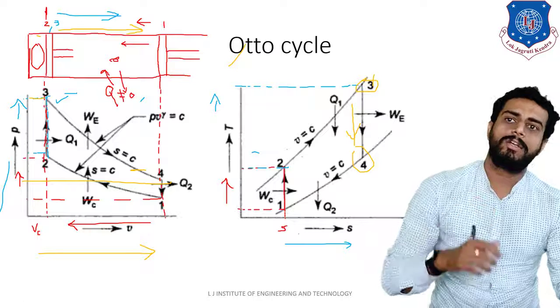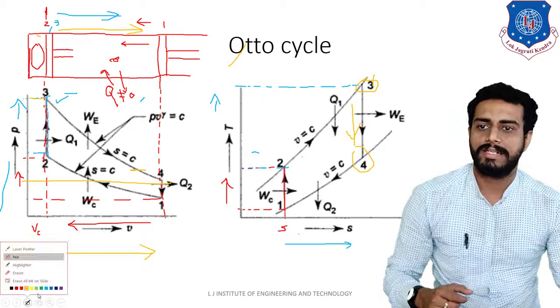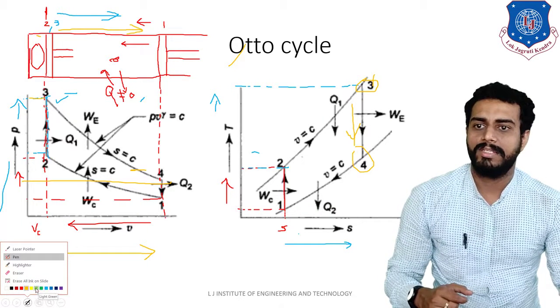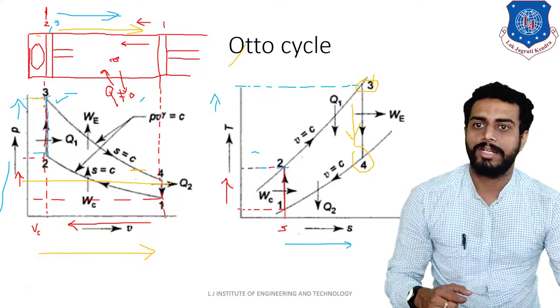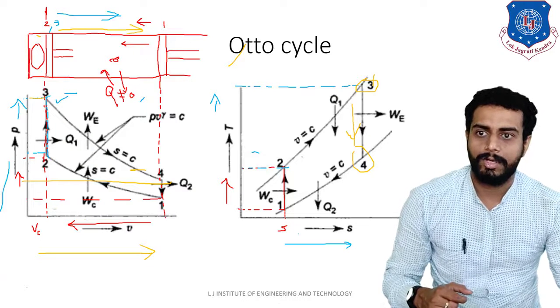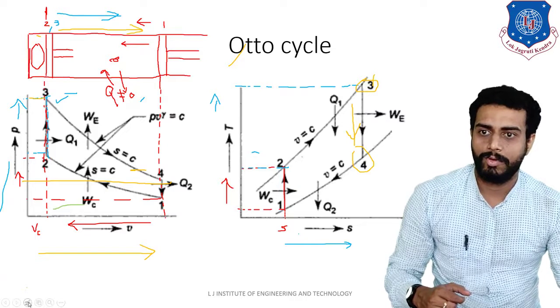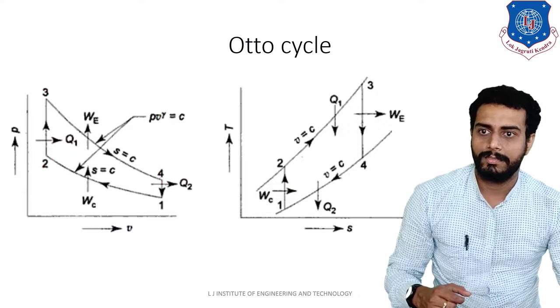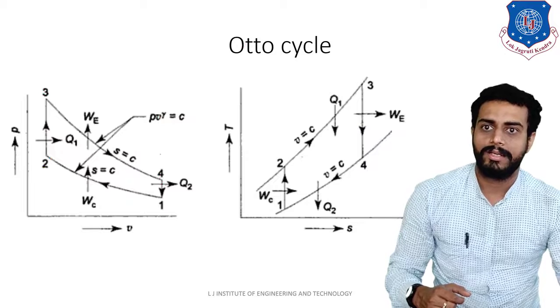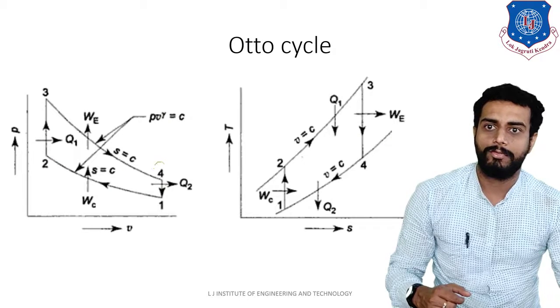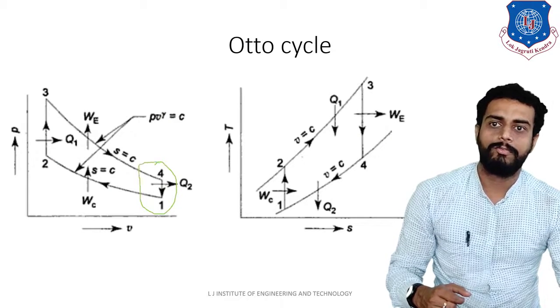Okay, next is what? 4 to 1. Let us understand that also. That is also very easy. So in order to understand 4 to 1, what we can do? Simple. Let me just remove all other terms so it will be easy to understand, right? Now we were at 4 to 1. So during 4 to 1, what will happen?